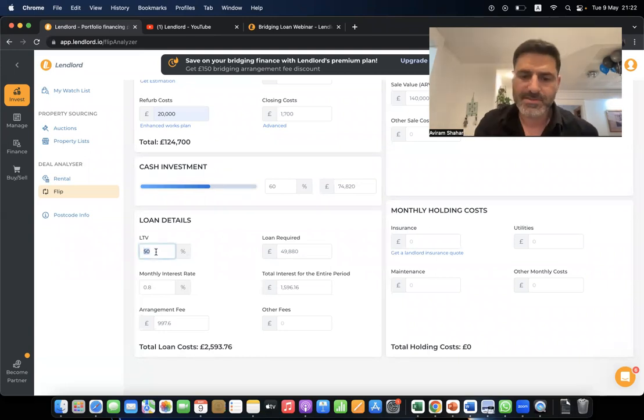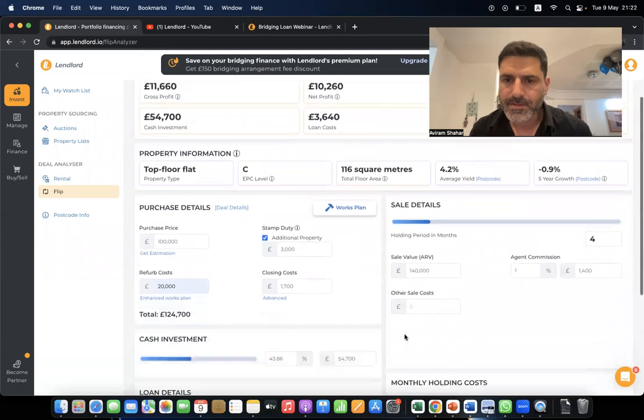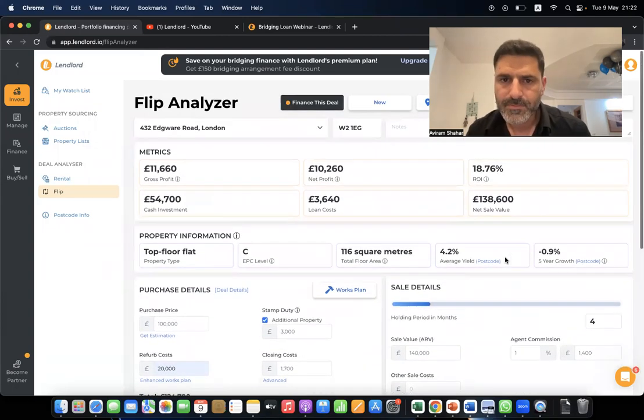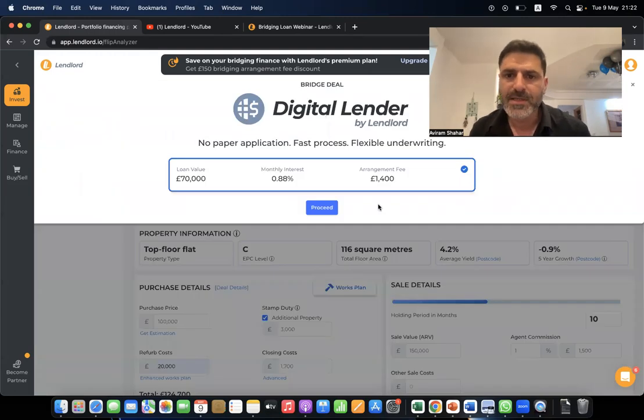So if I take it, let's say to 70%, and I sell it for 140, this will be my profit, and it really depends on the length of the project. And if I was able to sell it for more, then I will see more profit, of course. From this page, you can click on finance this deal, and you can see what Lendlord can offer